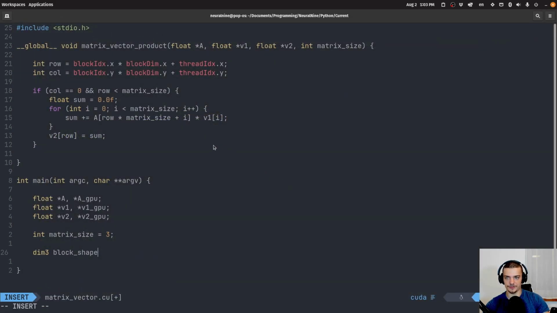Just so that you don't confuse it: the block shape is not the shape of the blocks, how they are aligned, but the shape of the blocks inside of the blocks. I hope this is not too confusing. And this is going to be, in our case, 32 times 32. In other words, in each block, we have 32 times 32 threads. That's what this basically says. And then we also have